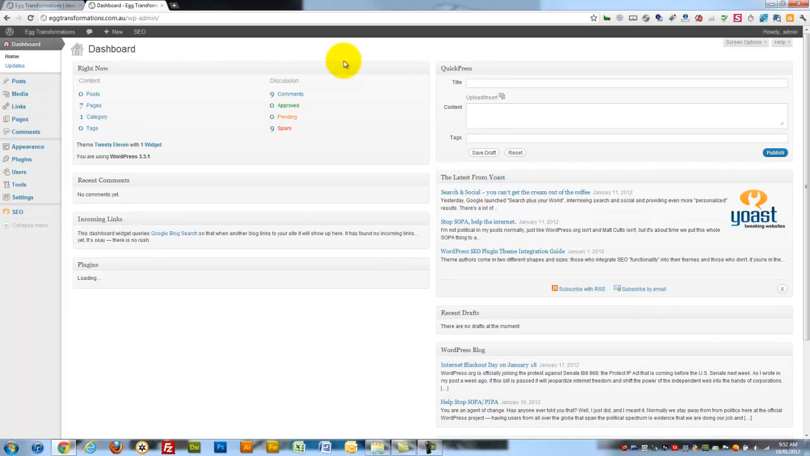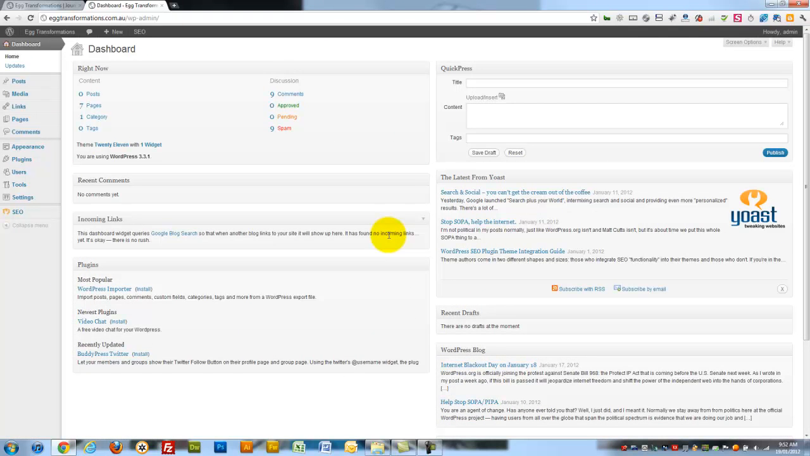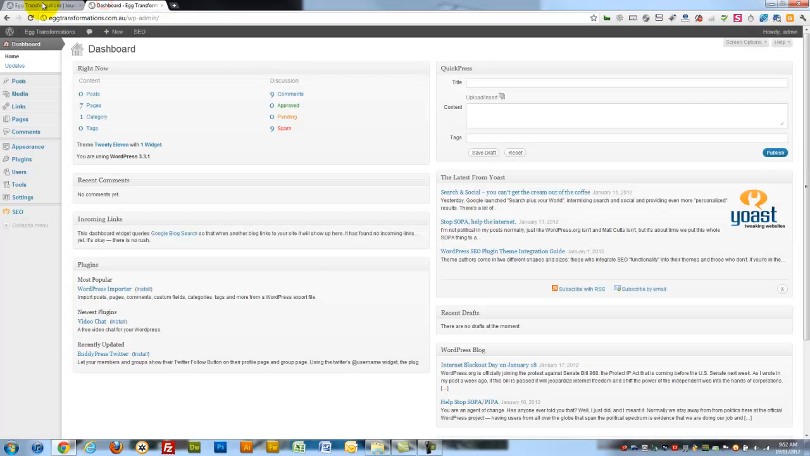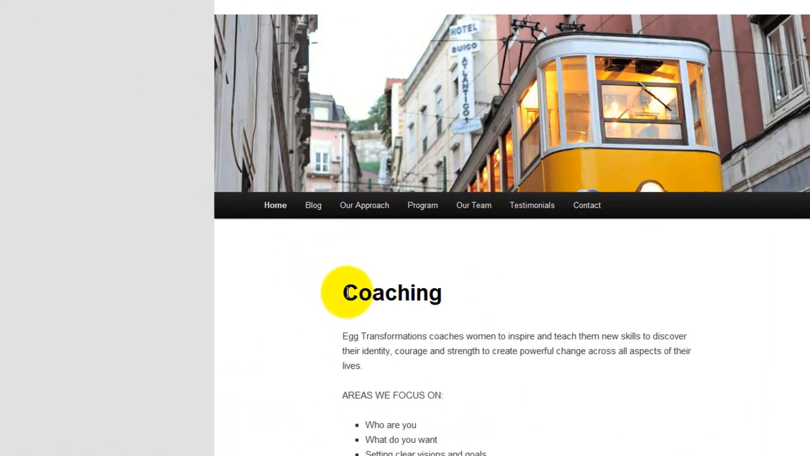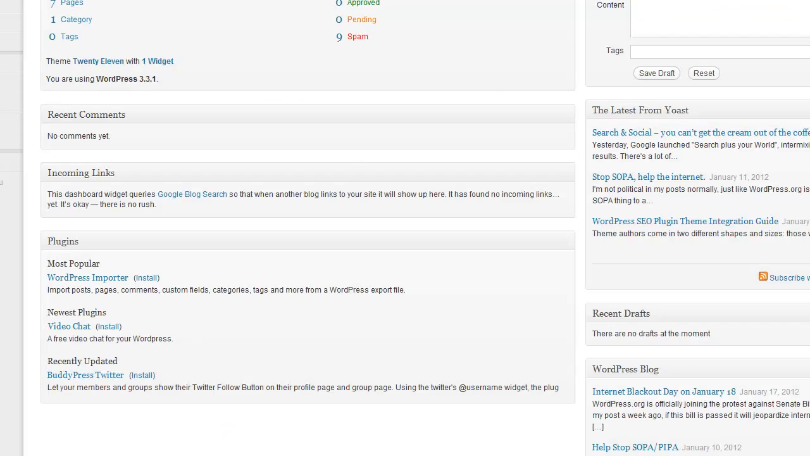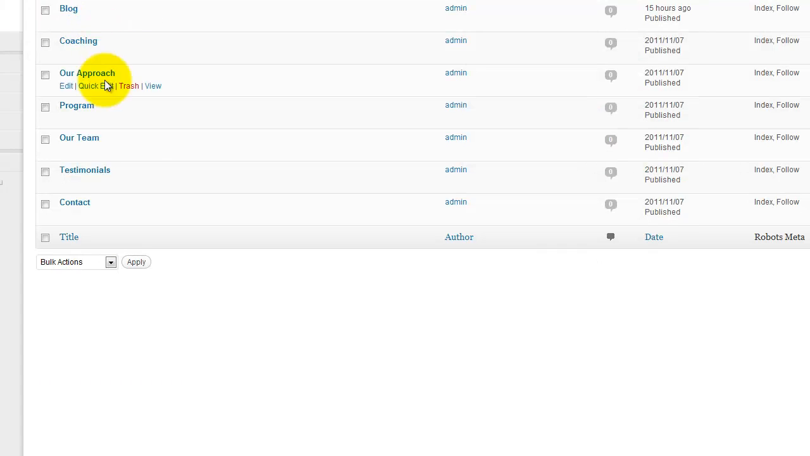Now this is the back end, or the control area, of your website. So see this page? It's the home page, and actually see this title, coaching. That's the name or title of this page. Check this out. We go to pages. We can see a list of all the pages on our site, and we can see coaching here, as we just looked at. We click on it,